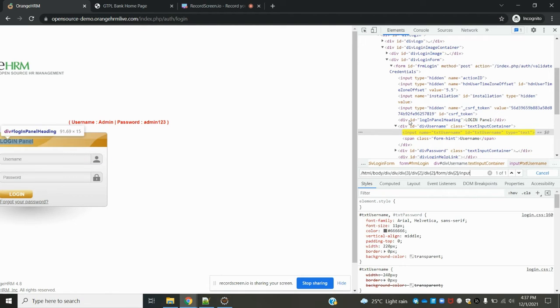In case they add one more div, again our XPath will fail. And we need to check from the top root node down to where we want to find the web element. We need to check the whole path, then only can we find the absolute XPath. Otherwise it will fail every time, meaning if the developer adds something in the middle, it will fail.